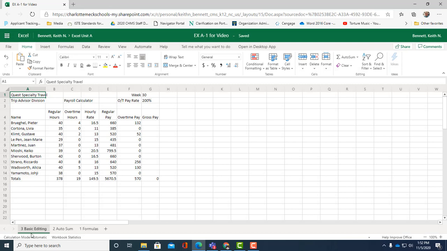And I've got a third worksheet down here. And again, there is a reason why we're doing this. Alright, so a couple things that we want to do to this. First of all, we want to go down to cell C18 and we just want to click inside of cell